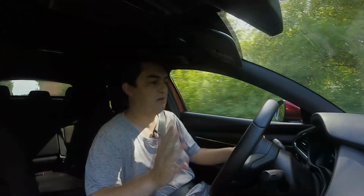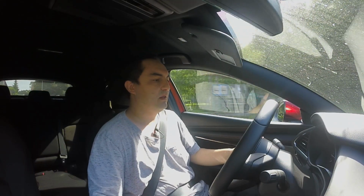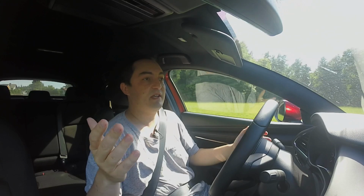But here's the really cool thing. Unlike in the olden days, where you really had to thrash an engine, this one is actually quite happy sitting at about 1100 to, let's say, 1500 RPMs. And see, I'm in third, let's go to fourth, it says, and I'm at 1100 RPM. And if I put my foot just about a third down, 43, 44, 45, 46, 47 kilometers an hour, I mean,